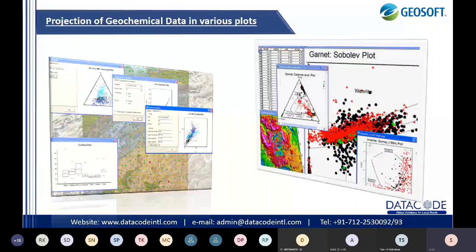As you can see, the first figure on your left is the triangular plot, the scatter plot, and the box plot also. And on the right, you can see again a geochemical map with a triangulation and the database. So if you have 3 or 4 windows open, those windows are linked to each other. Once you select a point from the database, that same point you can easily visualize in your triangulation plot as well as in your geochemical map.